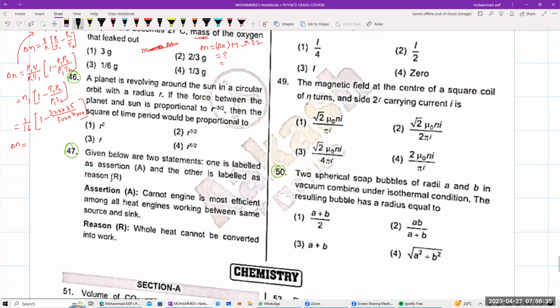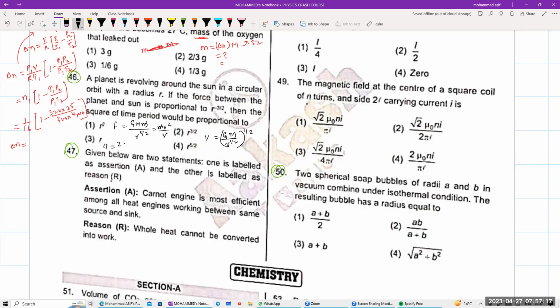Force का relation दे रखा है मुझे, F is equal to, as it is moving in a circular path, F is equal to capital G, capital M, small m, divided by r to the power of 3/2, and circular path में move कर रहा है तो mv square divided by r लिख सकता हूँ, isn't it? So this is the centripetal force, done। तो इसमें से v की वैल्यू निकाल लीजिए, v square निकाल रहा हूँ, तो ये small m gets cancelled right now for me, सो दिस वन इज योर r, तो v की वैल्यू आ जाएगी, this is capital G capital M divided by r power 1/2, to the power of 1/2 root,